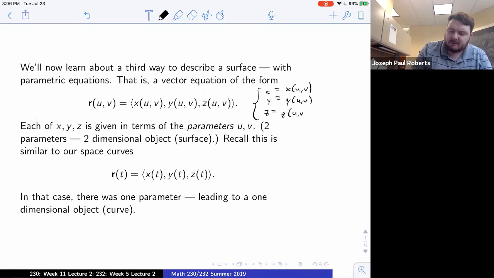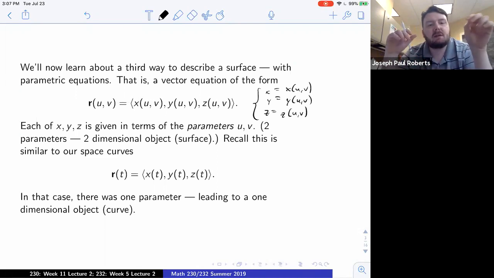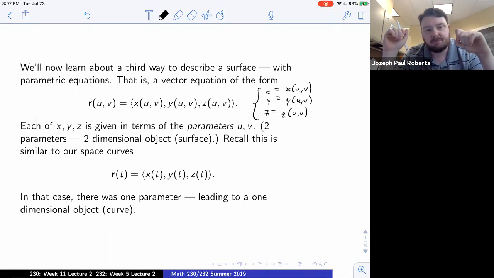But really, it's the same exact information, either presented as a vector or as three separate equations. And at this point, we don't really want to make a distinction between those two ways of thinking about it. But the big thing is that each of x, y, and z is given in terms of two parameters, u and v. And so if you look at this type of equation,